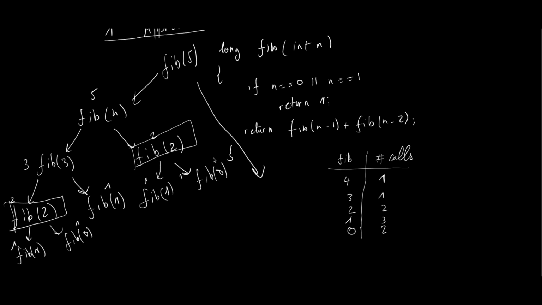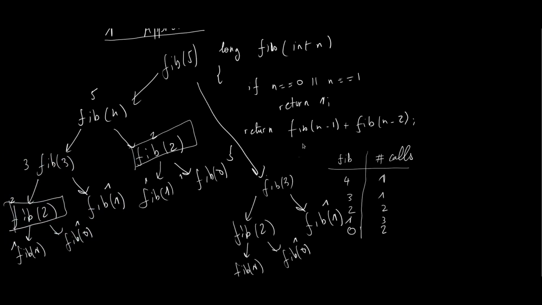And if we extend this example to calculate fib of 5, it will have this left subtree, and for its right subtree it will have the following. So basically it will call fib of 4 as well as fib of 3. And if we rebuild this table,